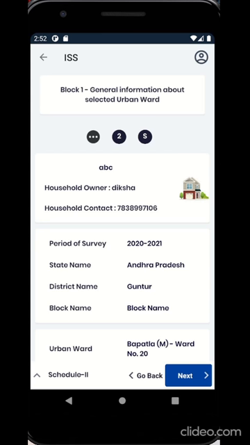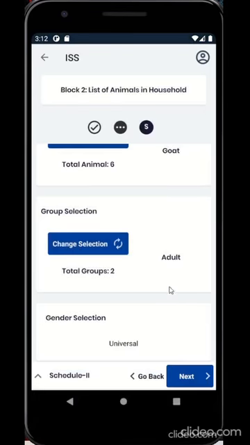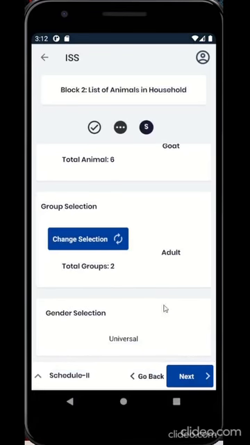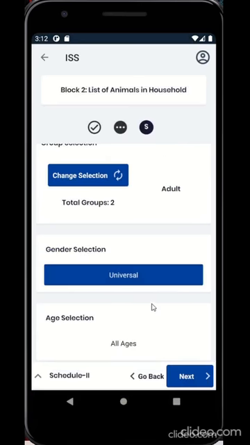For group selection, click See Options. Click Select. Select the gender. Select the age.